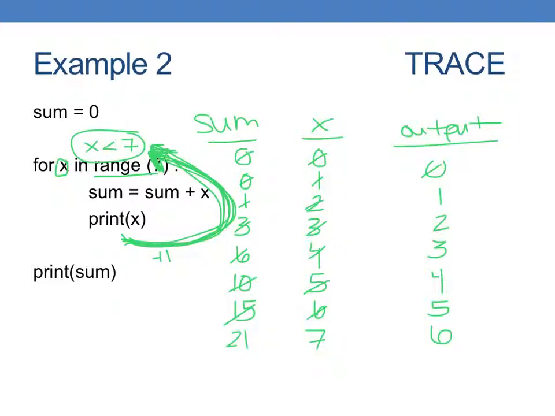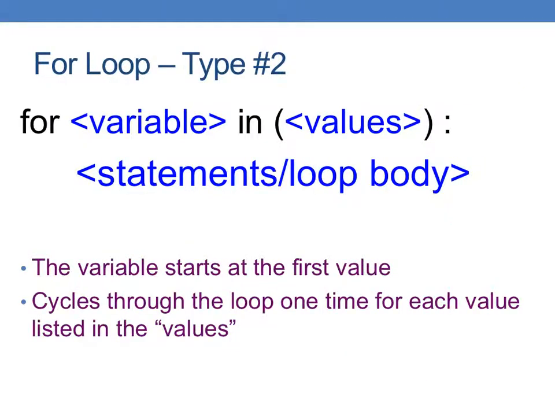7 is not less than 7, so that's where I pop out, and I print my sum, which is 21, to the screen. Okay, so now we're going to look at for loop type number 2, and this one looks